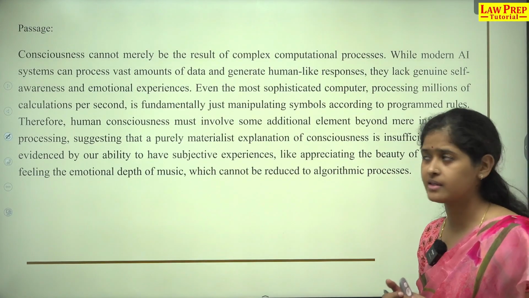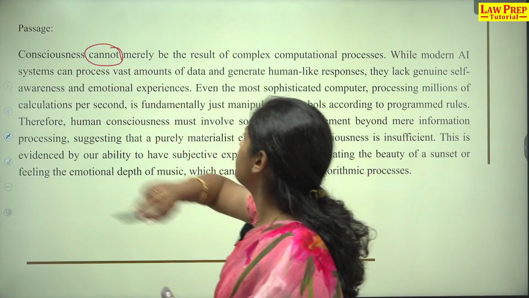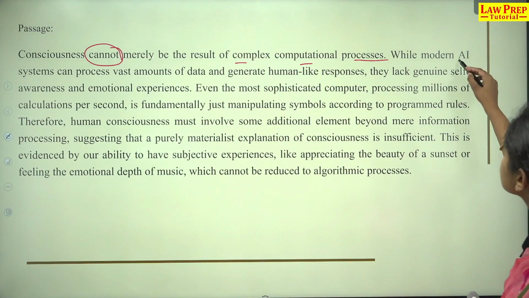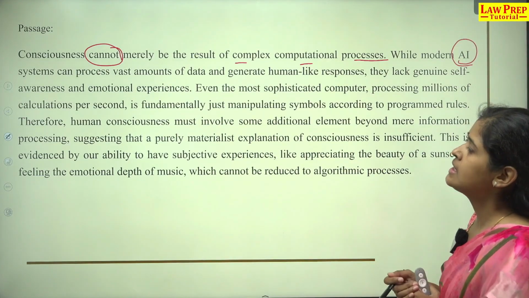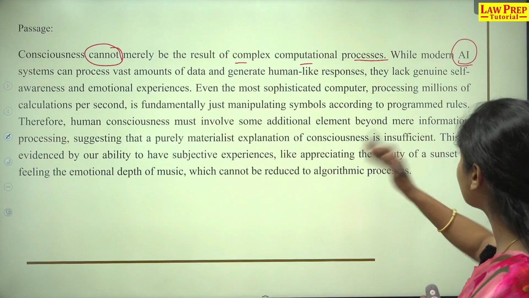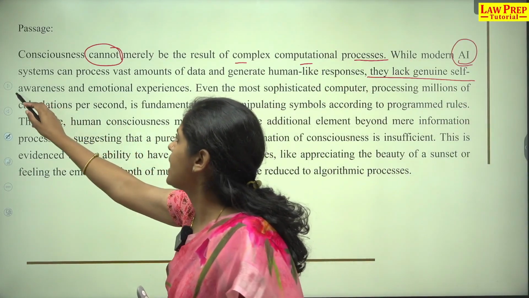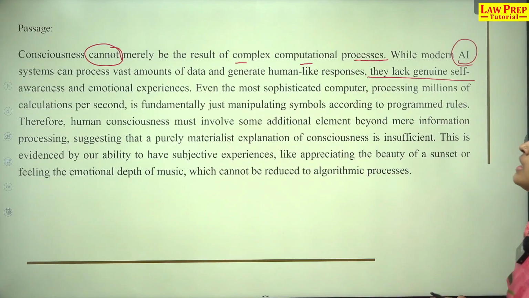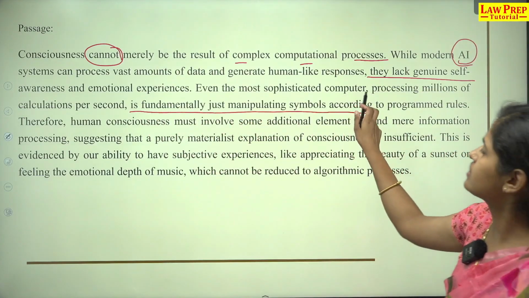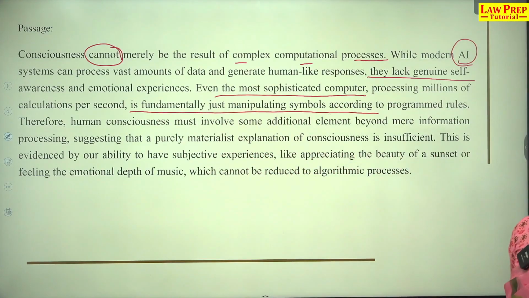Let's discuss this article. Consciousness cannot merely be the result of complex computational processes. While modern AI systems, now this is obvious, this is for artificial intelligence, can process vast amounts of data and generate human-like responses, they lack genuine self-awareness and emotional experiences, okay? Even the most sophisticated computer processing millions of calculations per second is fundamentally just manipulating symbols according to programmed rules. This is the author's opinion, that even if it's a sophisticated computer, whatever it is doing is what? Manipulating symbols. Therefore, conclusion,